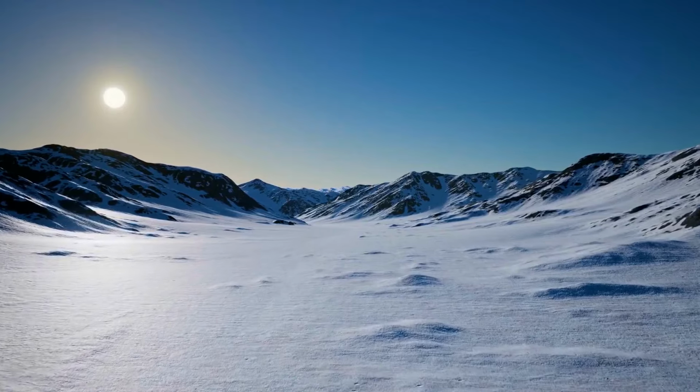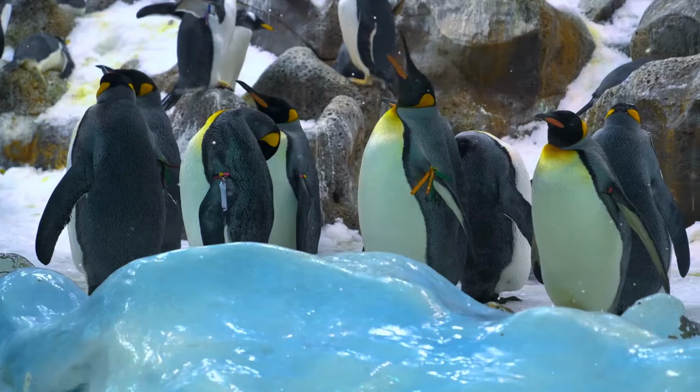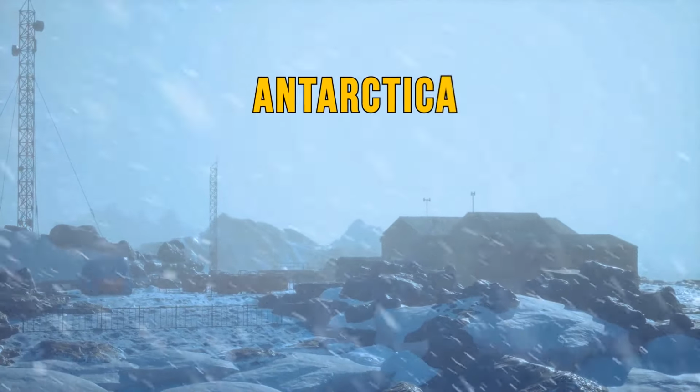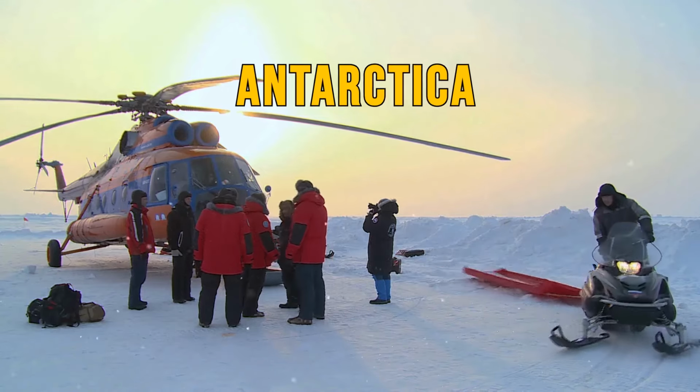There's not much to do in Antarctica except scientific work. You could check out the wildlife, like some cute penguins and seals. And you'd get to see the occasional whale swimming around. Antarctica is one of the biggest lands out there that's only inhabited by scientists and researchers from all over the